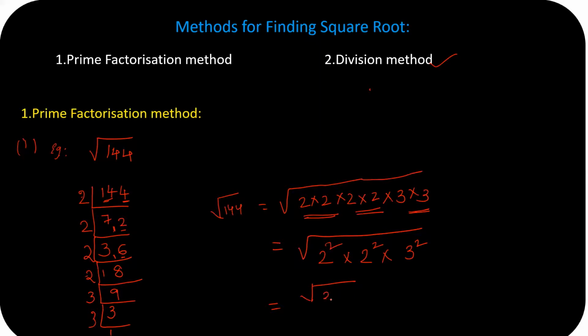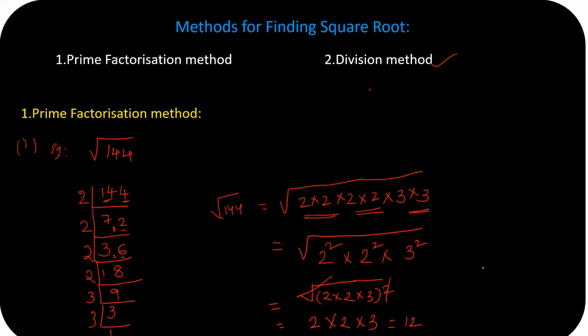After that, write 2 into 2 into 3, power 2 here, also power 2 and here also power 2. Here we have multiplication, right? So we can write it as whole to the power of 2. Okay. Now here I can cancel the square root and the square. So if I cancel, what will I get? 2 into 3. 2 twos are 4, 4 threes are 12. The answer is 12.